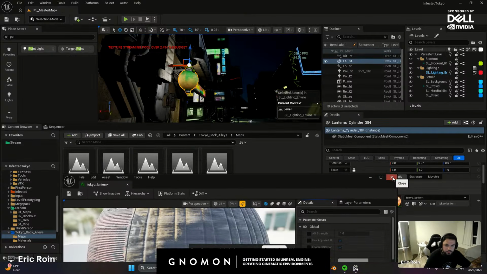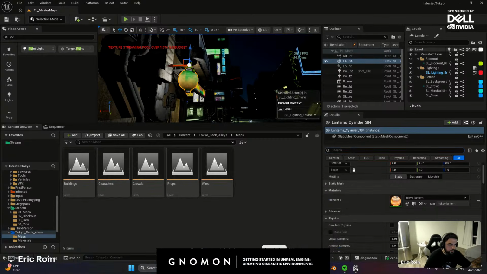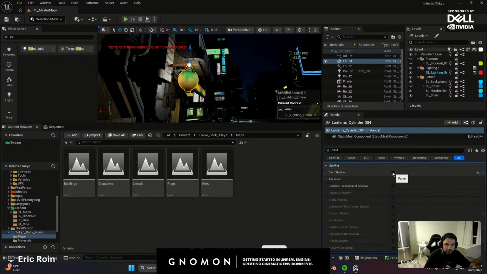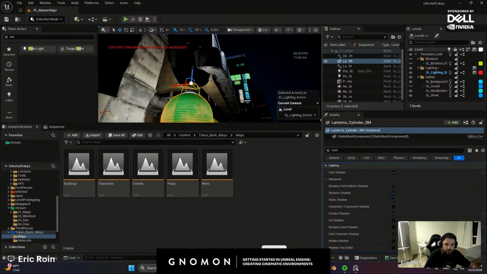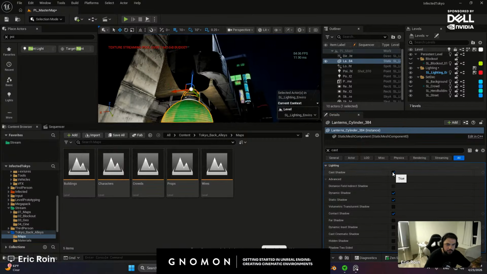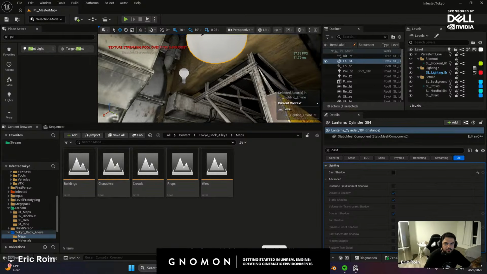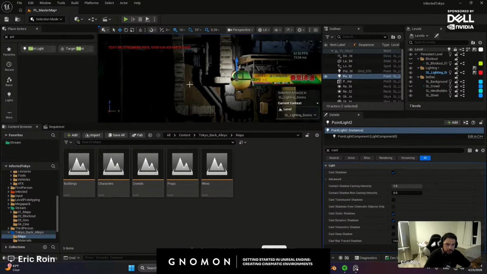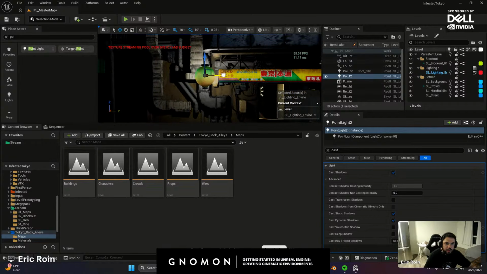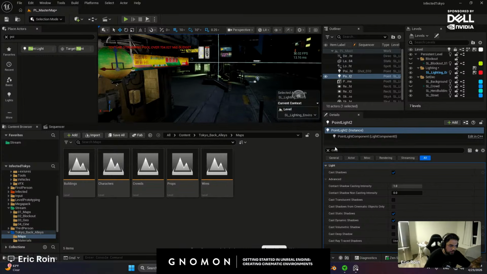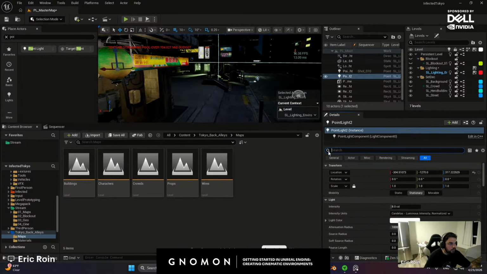Okay, and then I'm going to save this, go down and then search for cast shadows. I'm going to disable cast shadows. Usually you want to keep it on, but you see how it gives me this kind of weird artifact. So I'm going to disable that and see where's our point light. And for a light source like this, I primarily would want to rely on the atmosphere, and we don't have any right now. So that takes us to our next point.